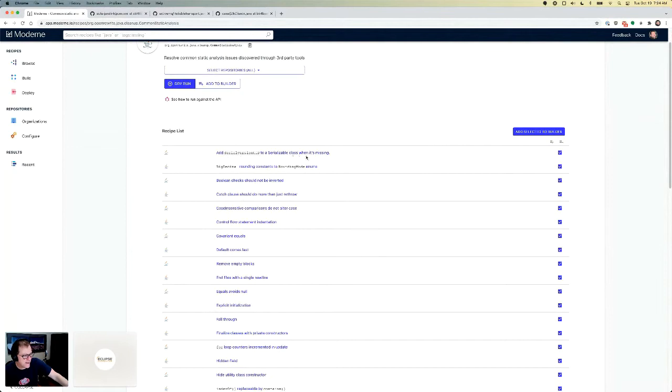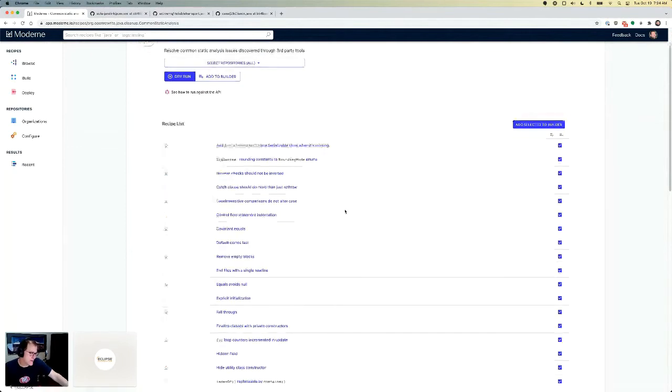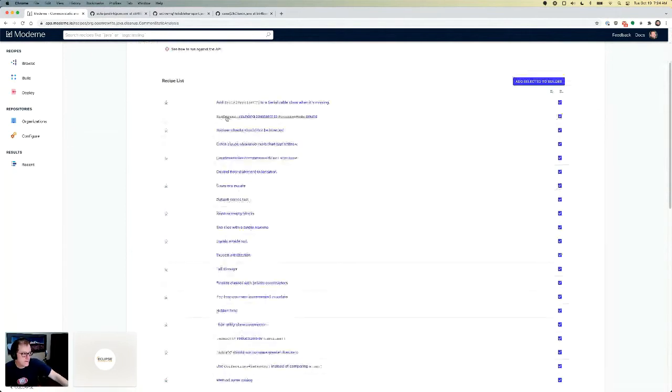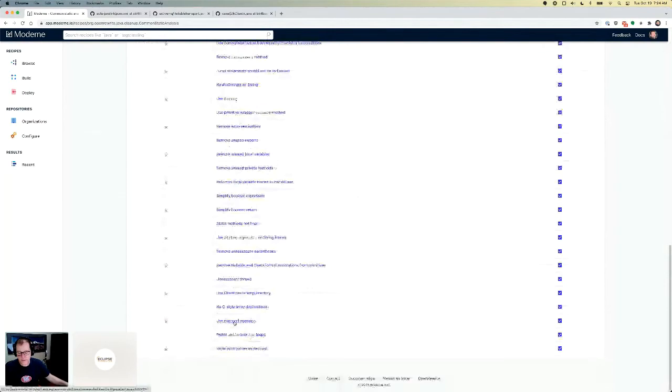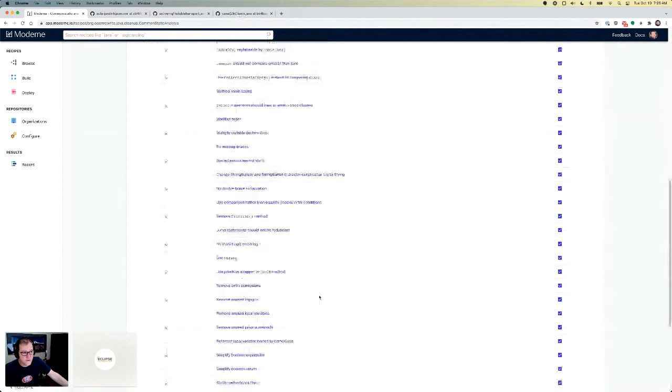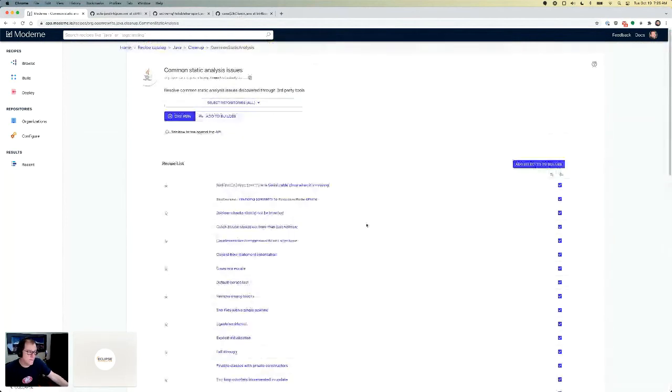So you can see, like, adding serialVersionUID when a serializable class doesn't have it, moving BigDecimal rounding constants to the RoundingMode enumerations, things like using the diamond operator, right? Since Java 7, you don't need to specify the type on the right side when you know the type on the left side. So this is going to run all of this stuff across basically whatever repositories we decide that we're going to run it on.